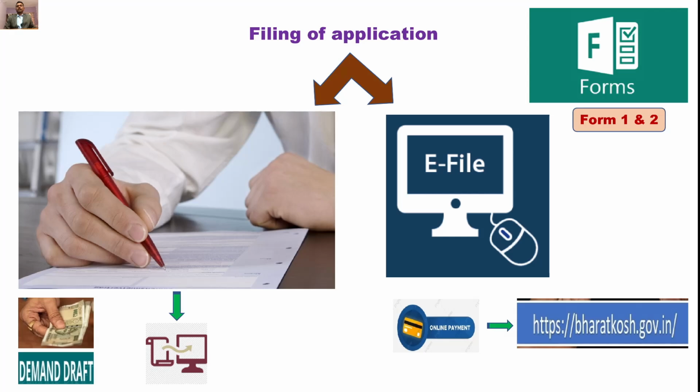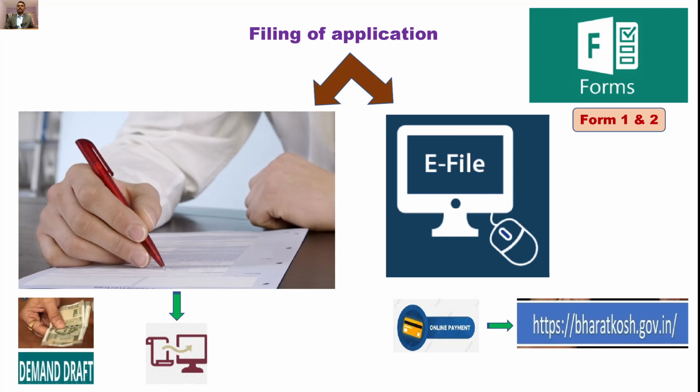However, e-filing is highly encouraged and highly preferred, and if you go for paper filing, you will have to pay 10% extra fees over the standard fees that have been set. At the initial stage, form 1 and form 2 have to be filled up. There are other forms, like form 3 and form 5, which also have to be filled, but it is not mandatory to fill form 3 and 5 at the initial stage, because you will get sufficient time to fill those forms. But form 1 and 2 are mandatory.